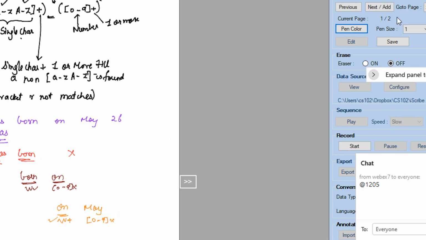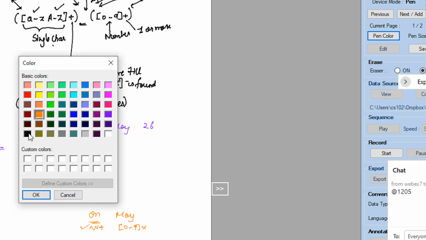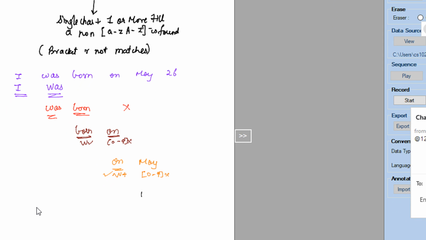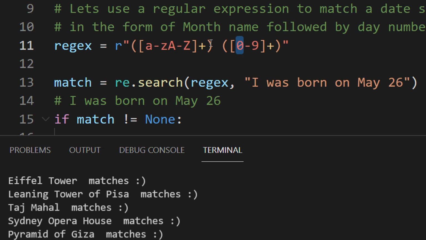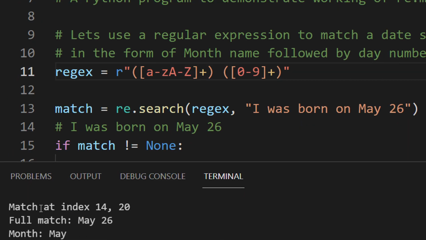And finally when we come to May 26, now both are matching. So this is 0 to 9 plus and this is A to Z plus. This matches and this matches, so the output for this program will be May 26.